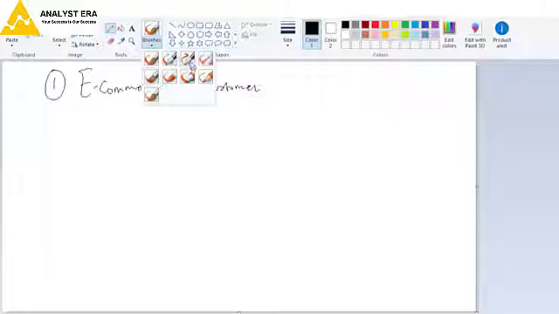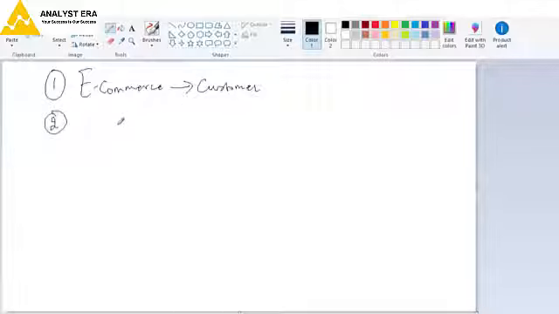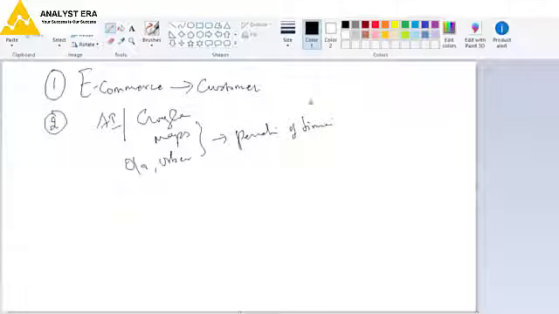The second sector will be AI development, and also Google Maps, Ola Cabs, Uber. These all work on prediction of timing. So most of the sectors use Python programming.